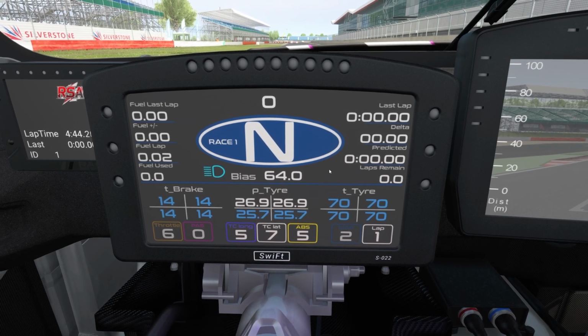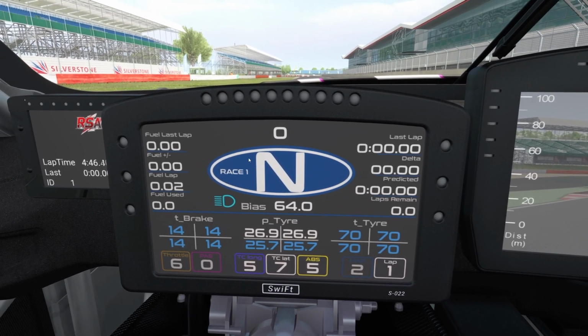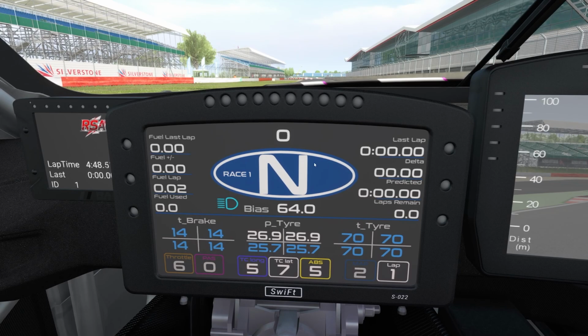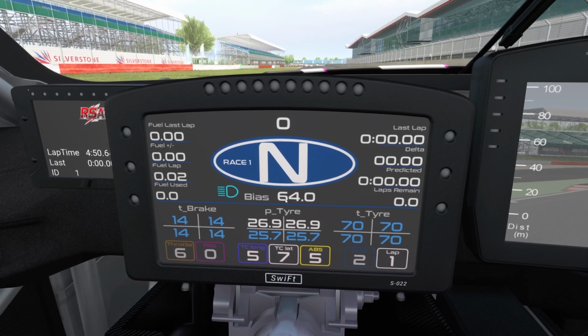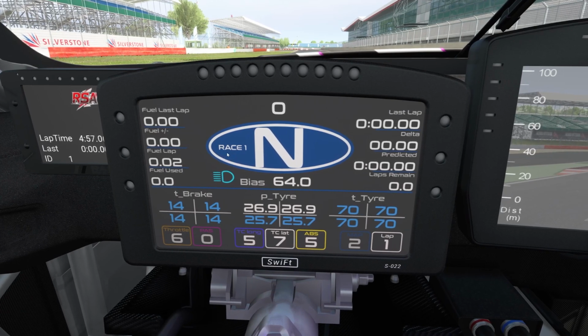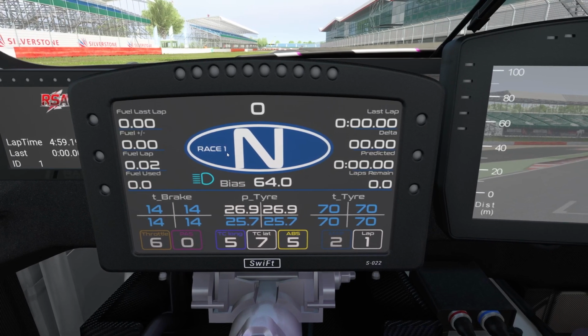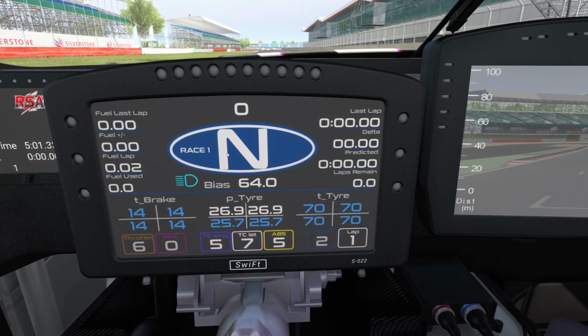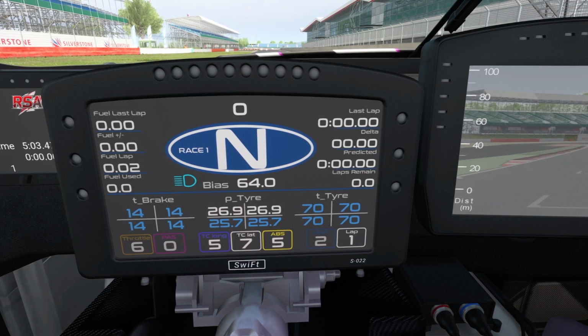Towards the middle, we have the speed at the top, your gear and display name in the oval, and your brake bias underneath that. It's important to note that the middle oval can change colour depending on pitting scenarios. When it's red, you're approaching the pit lane, above the pit lane speed limiter. When it's green, you're under the limit. When it's white, it means your pit lane limiter is active, and when it's light blue, it means you have